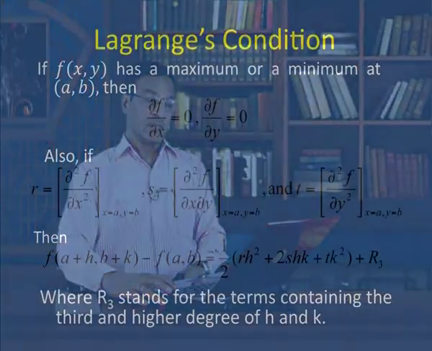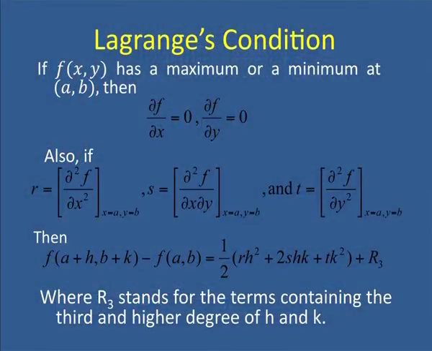I will explain the Lagrange condition for the minima and maxima of a function of two or more variables if a condition is given. If f(x, y) has a maximum or minimum at (a, b), then del f over del x is equal to 0, del f over del y is equal to 0. Also, if del 2 f over del x square at the point (a, b) is equal to r, del 2 f upon del x del y at the point (a, b) is equal to s, and del 2 f over del y square at the point (a, b) is equal to t,